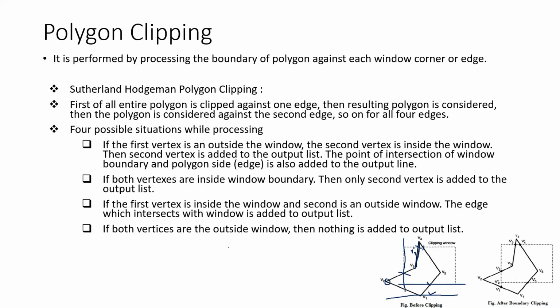Whenever we are considering v1 to v2, first of all we have to consider the left hand side. So first of all you are doing the traversal for this left boundary. Whenever it is v1 to v2, v1 is actually inside the left boundary, but v2 is outside the left boundary. Whenever we are doing v2 to v3, v2 is still outside but v3 is inside, so you take the intersection point v3 dash. Next, for v4 and v5, all of these are inside the window when we are considering it as the left boundary.